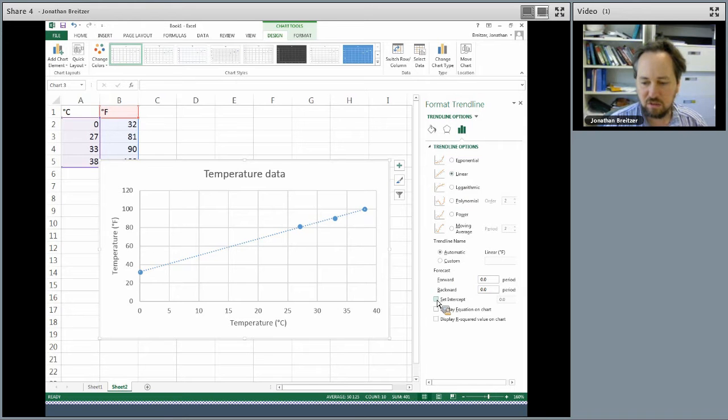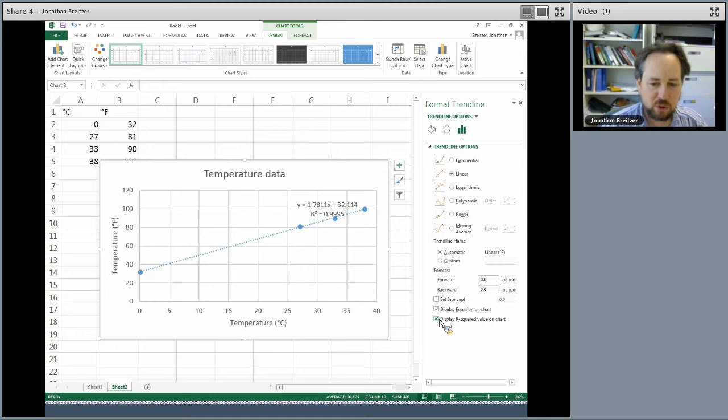We're going to display the equation on the chart as before, display the r squared value. But this time, we're not going to set the intercept to 0. We're going to let the intercept be whatever it fits best to be, because we know that 0 degrees Celsius and 0 degrees Fahrenheit are not supposed to be the same temperature. Notice the equation, y equals 1.7811x plus 32.114.